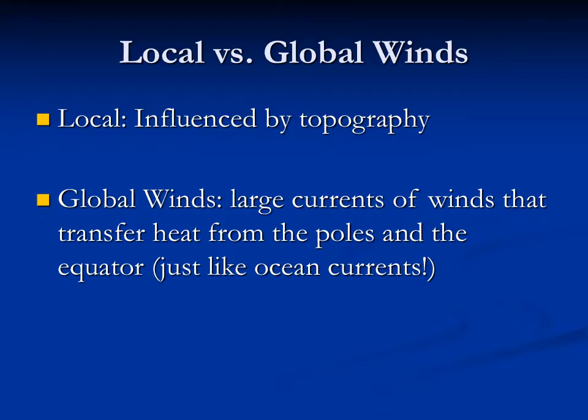So there's two kinds of winds. There's local and global winds. Local winds are influenced by the topography of the land. So flat areas versus hilly areas are going to have different types of wind. And global winds are large currents of wind that, just like ocean currents, transfer heat from the poles and from